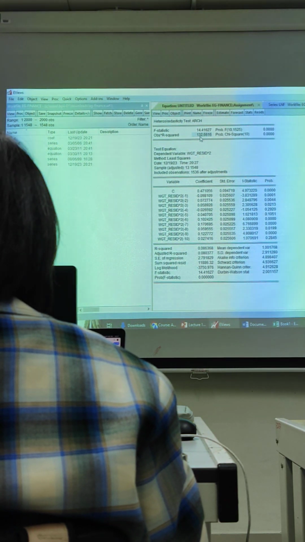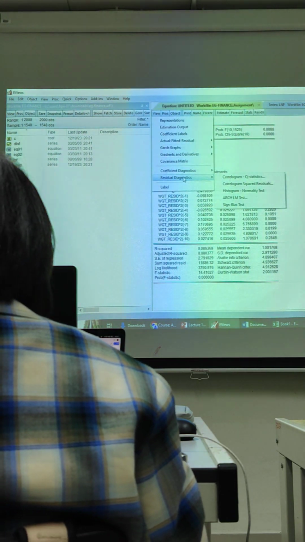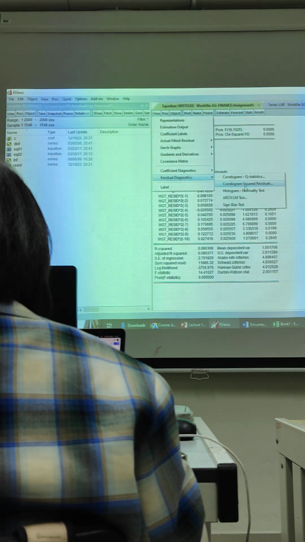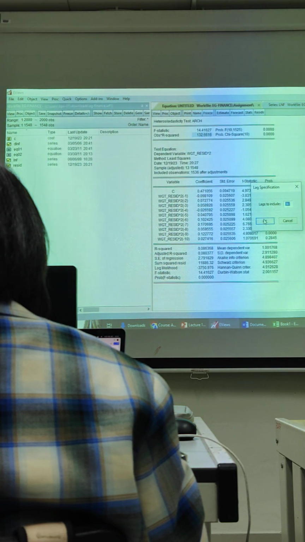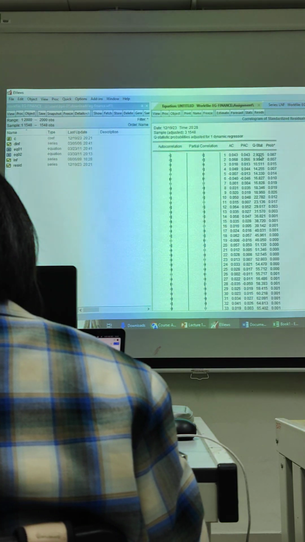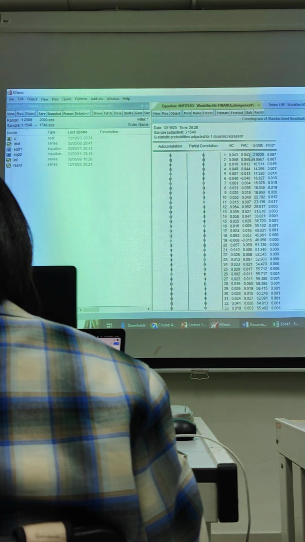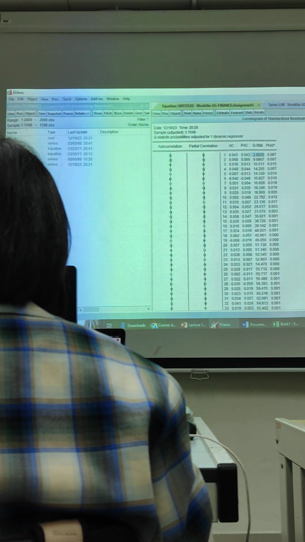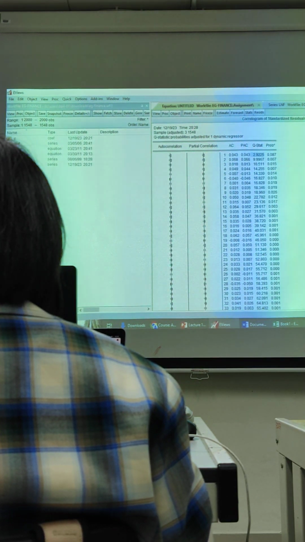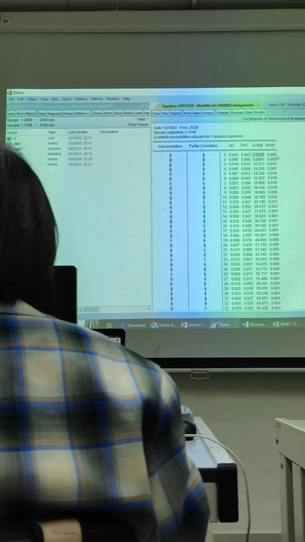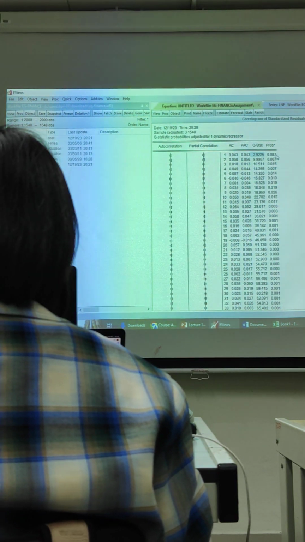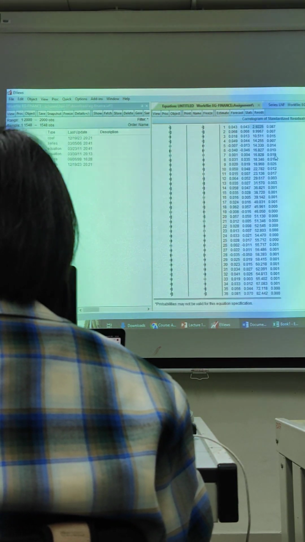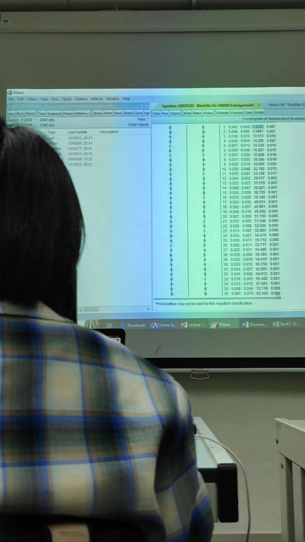So how about autocorrelation? You can go to View, Residual Diagnostics, and click on the Correlogram Q-statistics. Check for the autocorrelation. Oh my goodness, look at the Q-statistic here. We understand that this correlogram of the standardized residual is used to test serial correlation. Remember in our EMH chapter, we used this Q-statistic to check whether there is serial correlation or not. But now we are not concentrating on whether EMH holds; we are concentrating on whether there is serial correlation. It is highly significant up to lag 36.